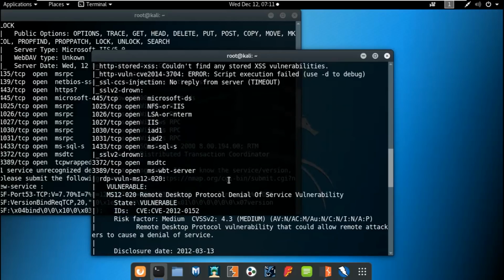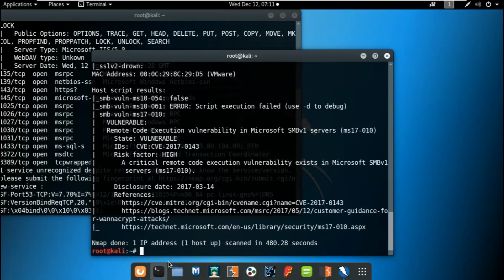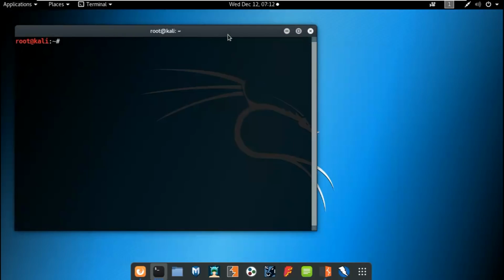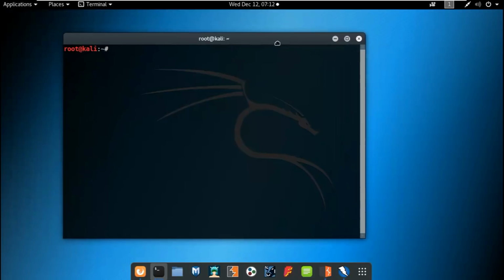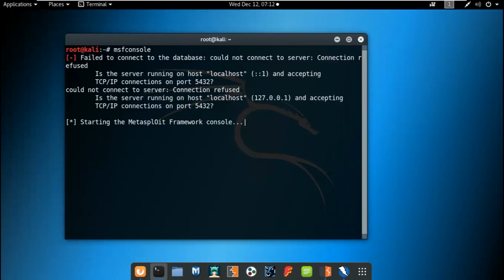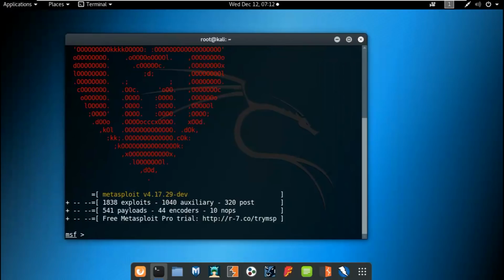But in this lab, we could actually do the testing by launching Metasploit. Let me just minimize this. Let's try and exploit the vulnerability on the file sharing or SMB. So we start with msfconsole. This is more on web application, the web server hacking, by exploiting any vulnerabilities related to services offered by the